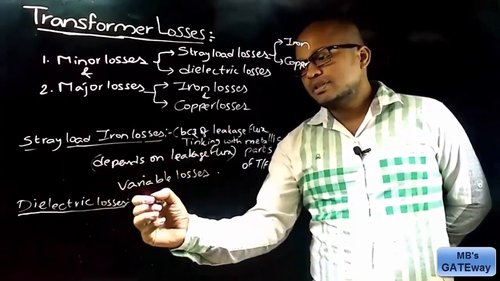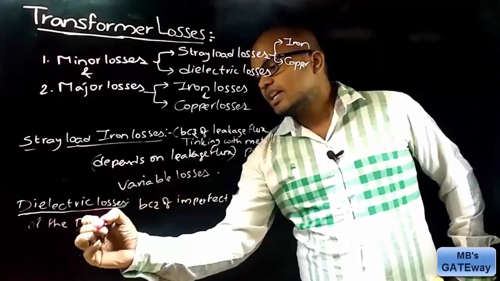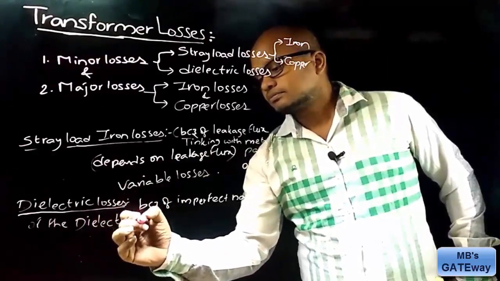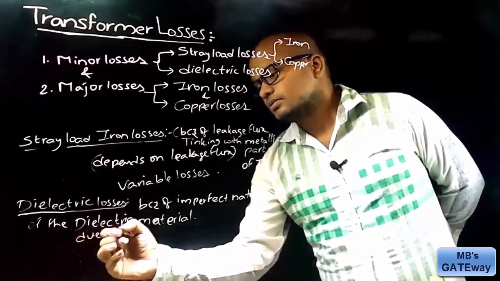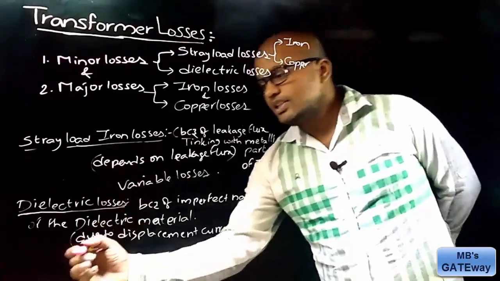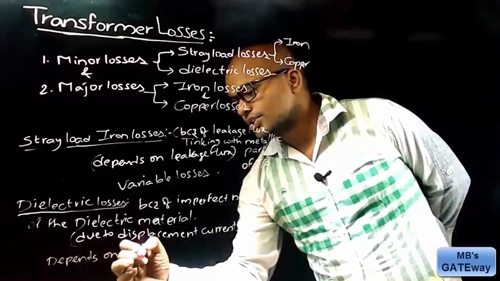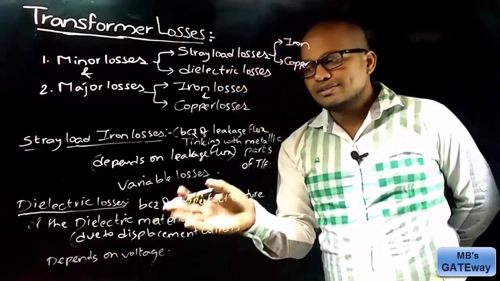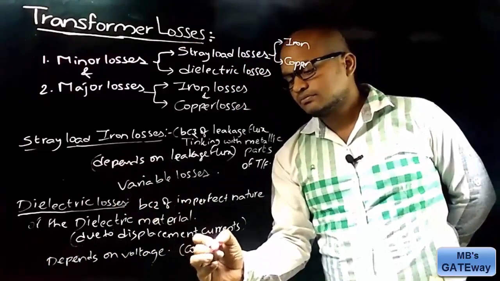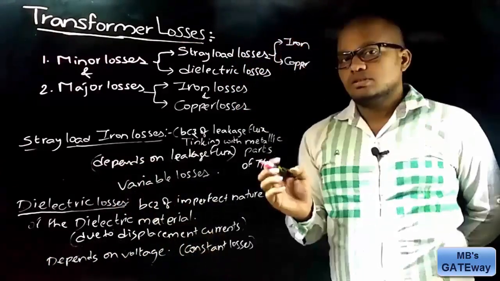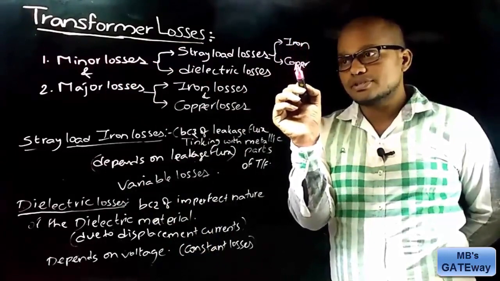Next, dielectric losses. These losses are because of the imperfect nature of the dielectric material, and these losses are due to displacement currents, and they depend on voltage. Therefore, as these losses depend on voltage, dielectric losses come under constant losses. So of the minor losses, stray load iron losses and stray load copper losses are variable losses, whereas